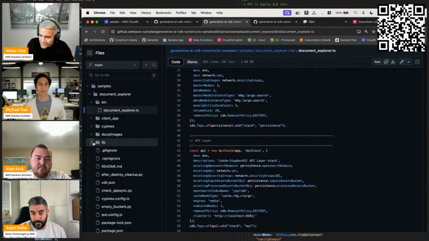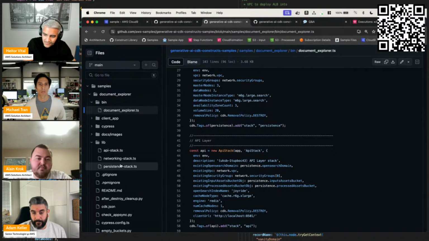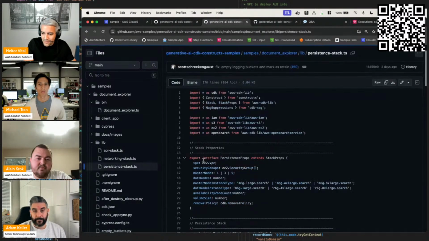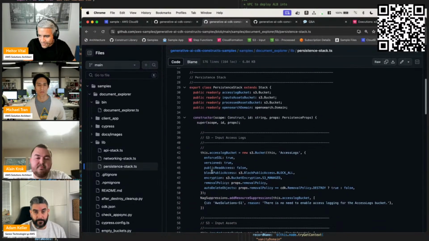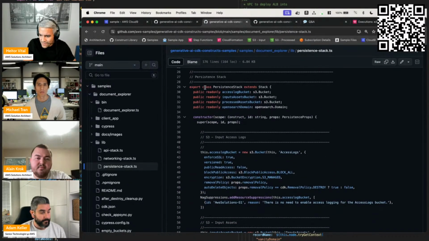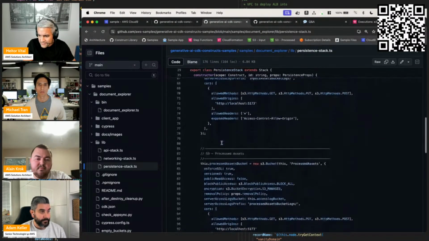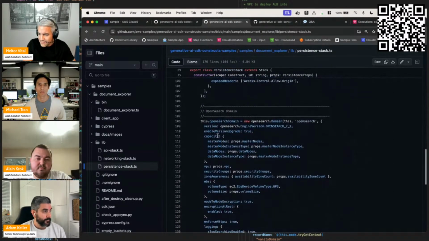And if you go to the library folder, you can dive deeper into how we are deploying those constructs and see how to interact with those things. So if I scroll down, you're going to see we have S3 and OpenSearch. The OpenSearch domain is also defined here, and how you're going to restrict access to it.